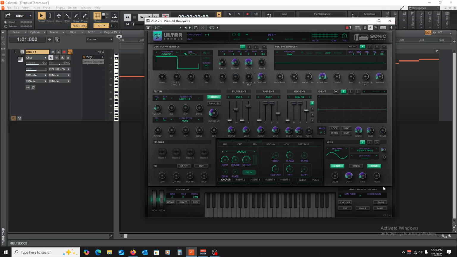And you can even automate the rate and these other parameters here if you wanted for your LFO. But it's just an automated way of doing some of the things you could do manually if you so desired. And it's just going to be based on the waveform you are choosing. So we can do a triangle here.